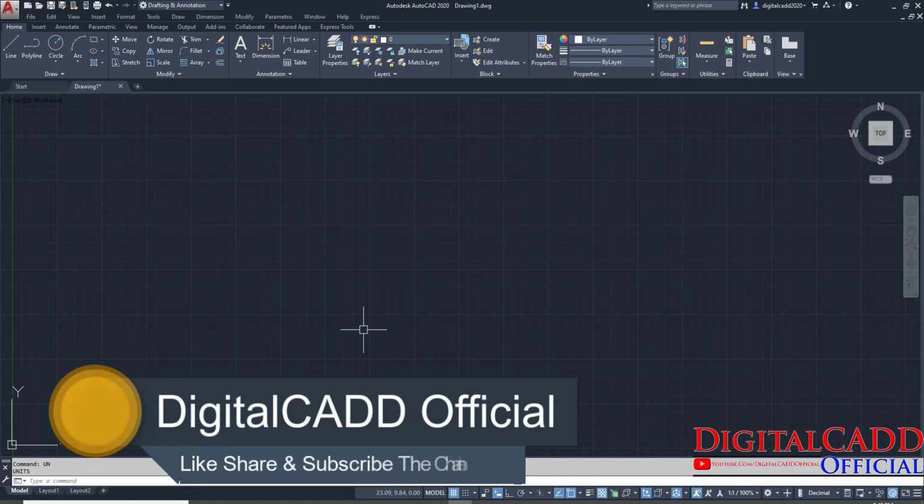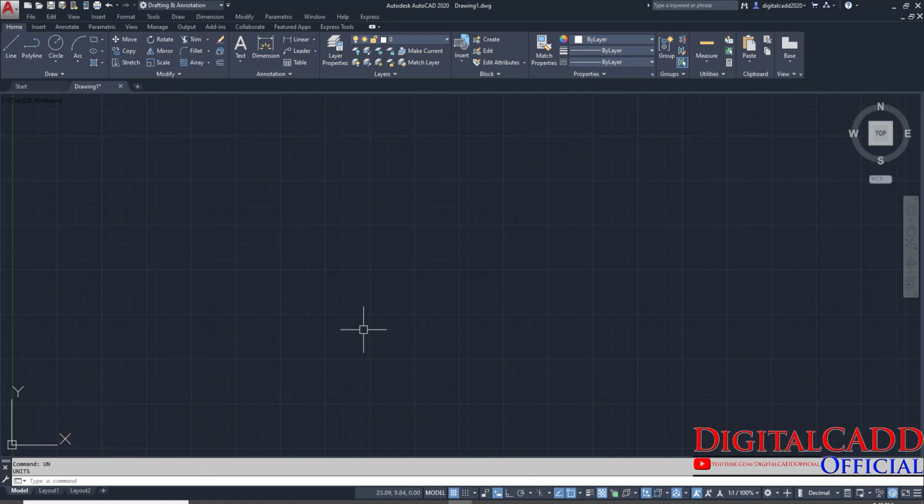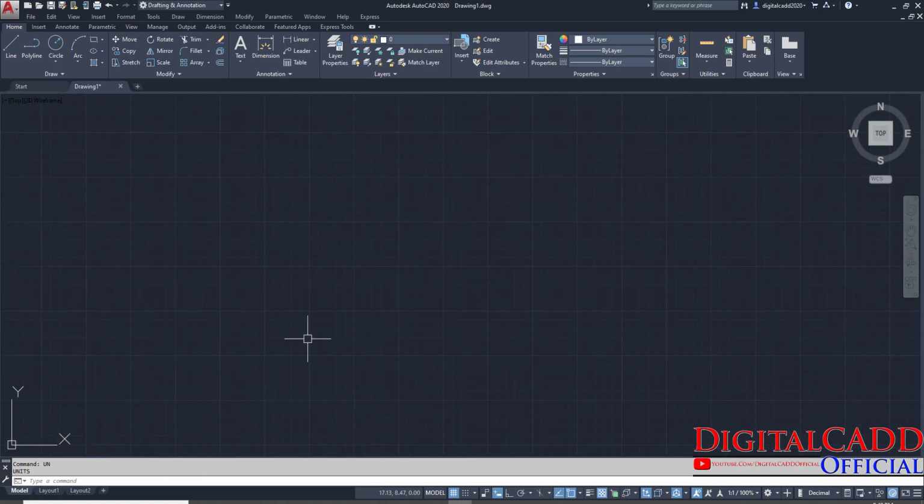First of all, what we need to know is what it means. Limits means the area of drawing. LIM is the shortcut for limits, and it is asking in your command line: specify lower left corner. Basically it is asking about our origin point. So origin is 0 for X, press tab, 0 for Y.